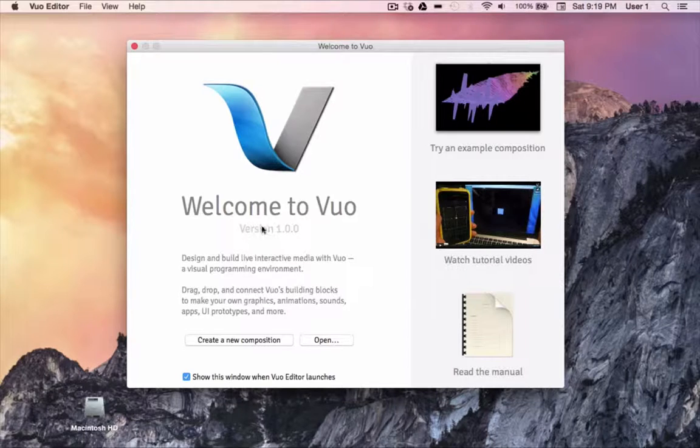When you open up Vuo, the Welcome to Vuo window pops up. Now, when I normally open up a new application, my first instinct is to close windows like this and get on with my exploring. Before doing something like that, please note that your three most valuable resources for exploring and learning are right here. In the top right, one of our newest built-in example compositions will be selected at random and appear here to offer some inspiration and perhaps some new learning.